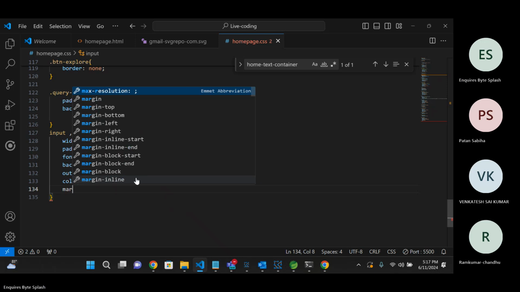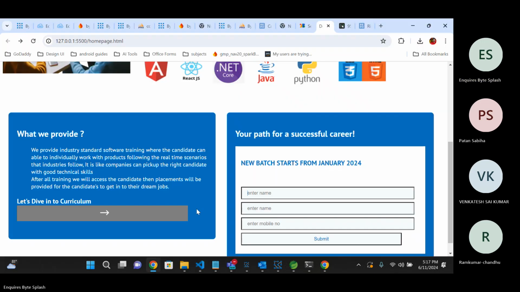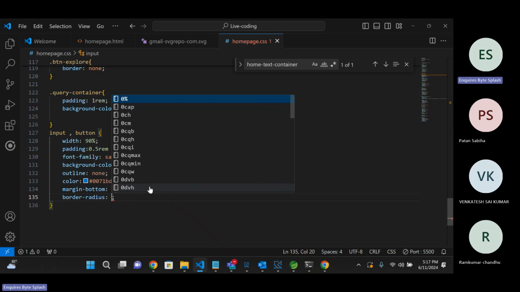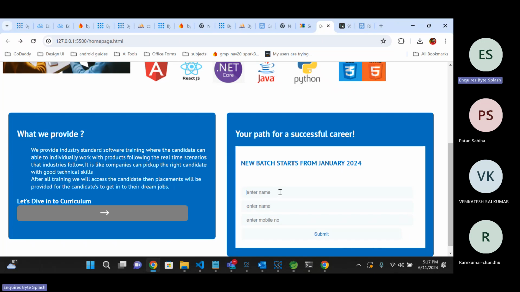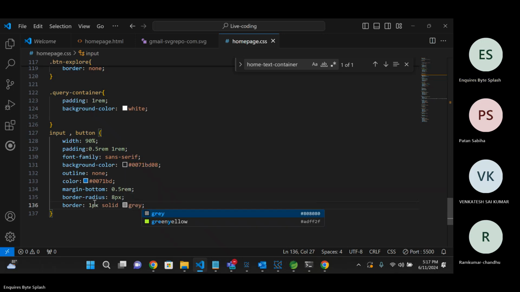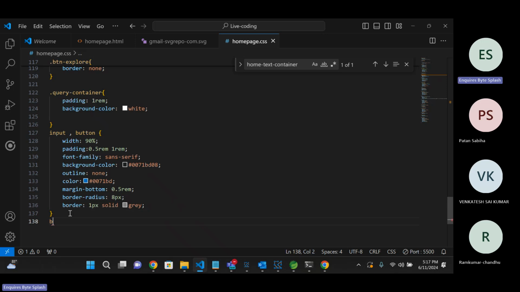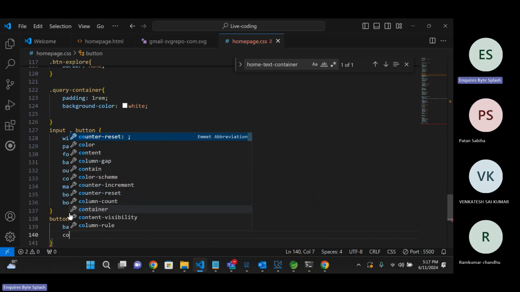So now I want margins for all these inputs and buttons. Margin bottom as 0.5 rem. Just get something. So on all boxes I want border radius as 8 pixel. Border I don't want anything, none. So okay, lightly I will put border as 1 pixel solid gray. This might be okay. For now, today. Just give button background color as #0071BD, color as white,